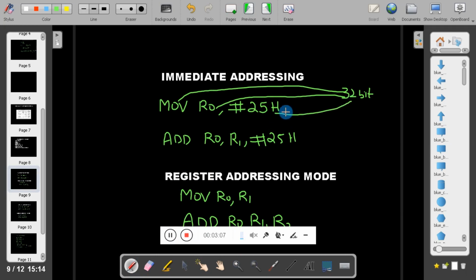That means the maximum data size you can mention in the instruction is 8-bit. You cannot mention 32-bit data directly here. If you did, where would be the place for the opcode and the other register? So you have to mention a maximum of 8-bit data. If you want to use 32-bit data, then use the other modes. That is the one thing you have to remember.